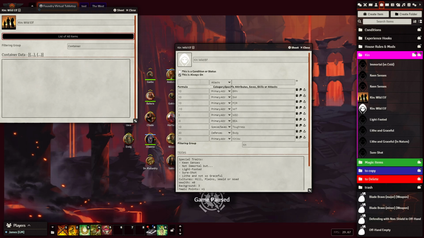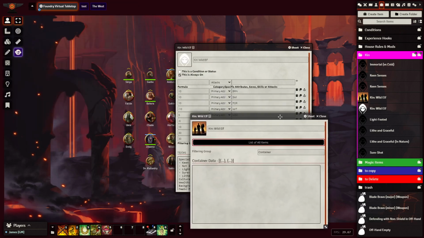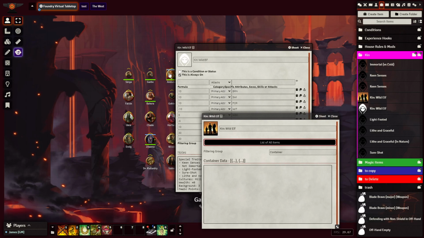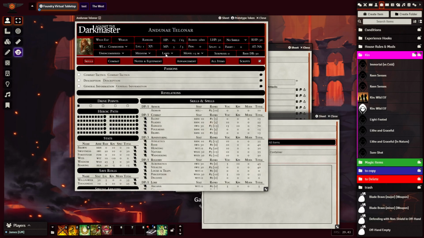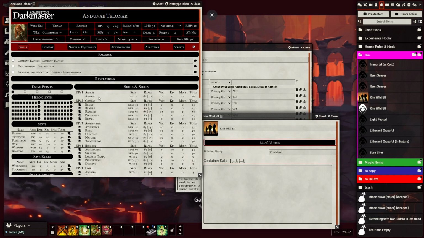All right, and I think size medium, speed 15 meters, that's okay, that's elsewhere. And I'm going to be changing this to character. Okay, now I've already done this once, so I'm just showing you how it's done because it's something that pretty much everybody's going to want to do at some point or another. So I created the character who is a wild elf,